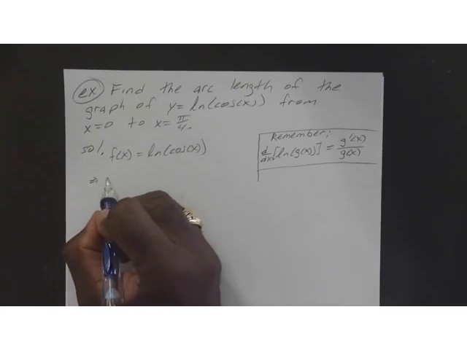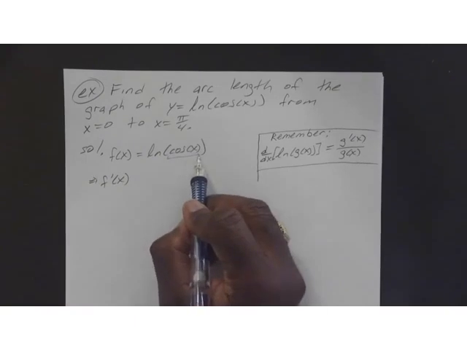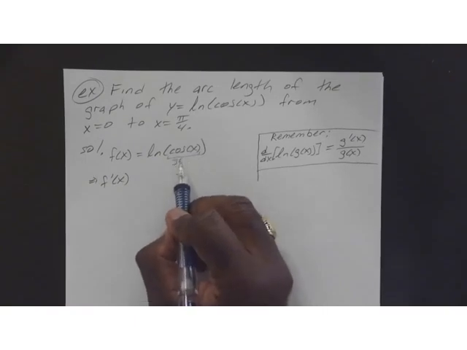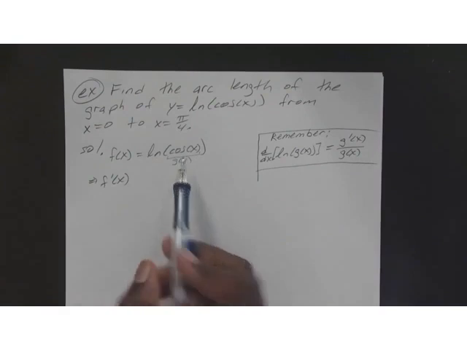That means for this one, we wanted to find the derivative. In this case, your g of x is cosine of x. So the derivative of the natural log of cosine of x